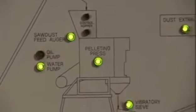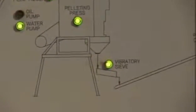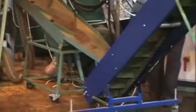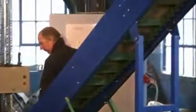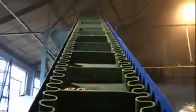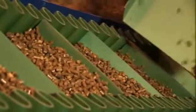Pellets pass across the vibratory sieve onto a variable speed conveyor. Now, the conveyor we're using in this instance is about 6 meters long and it's variable speed. Because the pellets come off the machine at typically 80 to 90 degrees centigrade, they need to cool before they drop into a collection hopper. This particular conveyor, we can control the speed of it from the control panel, and the slower we run it, the longer the pellets stay on it. And so by the time they get to the end, which is about 6 meters away, they're relatively cool enough